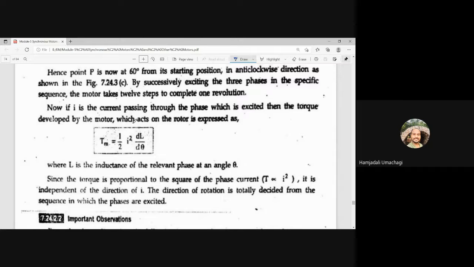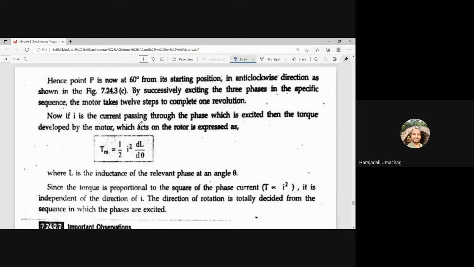So the direction of the stepper motor rotation is completely decided by the switching sequence we follow. If we apply ABCA, then we are going to get anti-clockwise direction. If we apply CBAC, then we are going to get clockwise direction of the stepper motor. Okay, so in the exam, if they ask anything related to, with a neat sketch explain variable reluctance stepper motor,